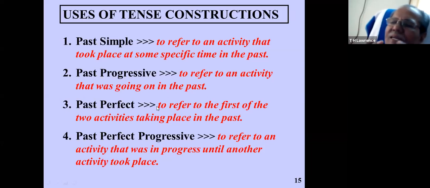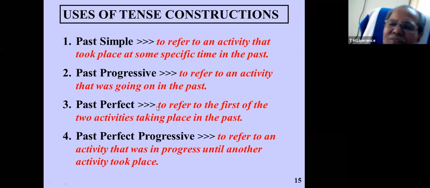That means two activities are taking place here. One is you going, the other one is his leaving for the office. So two activities are in the past. Which one do you want to express as having happened first? His going. That's why you could not meet him. So you say, when I went to his house, he had left for office. That was the first activity.